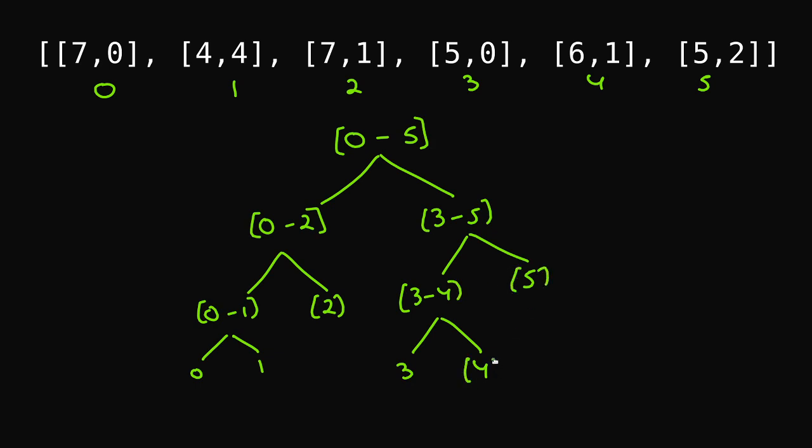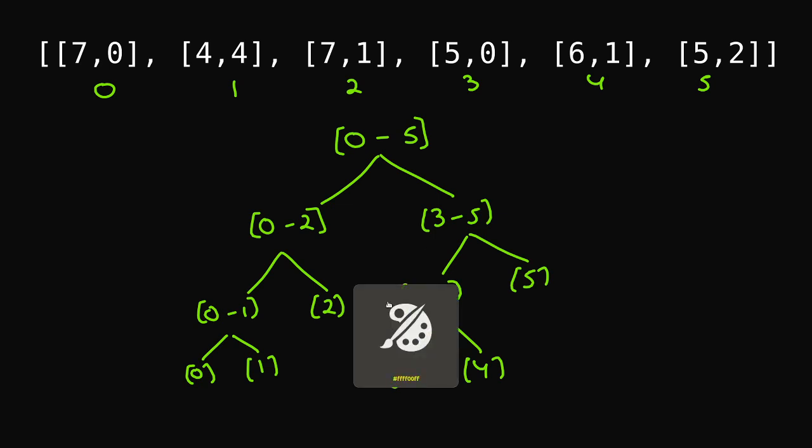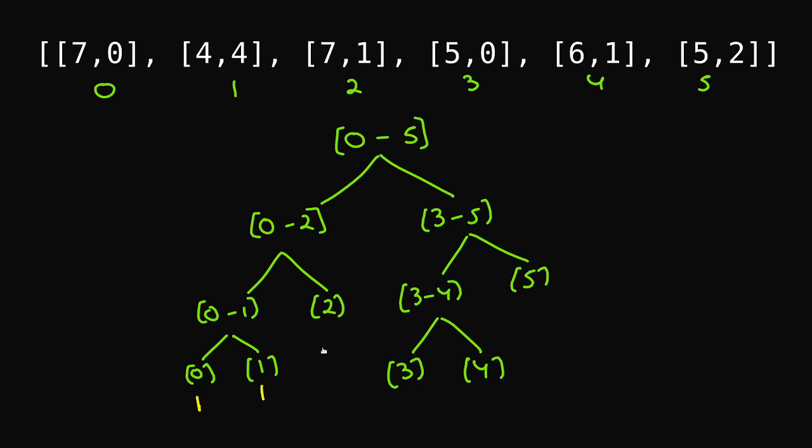Now the next step is to actually add the leaf nodes. As you can see, there are total 6 values in the array. So we'll be adding a total of 6 leaf nodes, and all of these leaf nodes will be having a value of 1. Okay, so this is 1, this is 1, this is 1, this is 1, this is 1, and this is 1. And the way the segment tree is built, we are using the range sum segment tree. So this 1 and 1 will become 2. This 2 and 1 will become 3 here. This 1 and 1 will be 2. This 2 and 1 will be 3. And this 3 and 3 will be 6. Okay, cool.